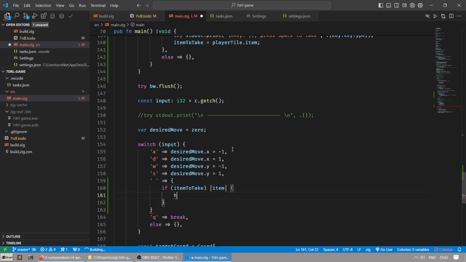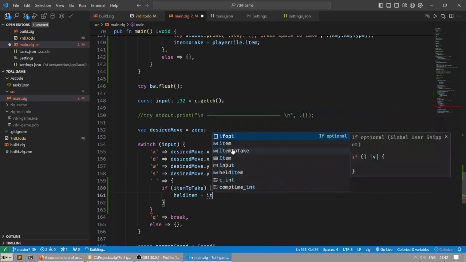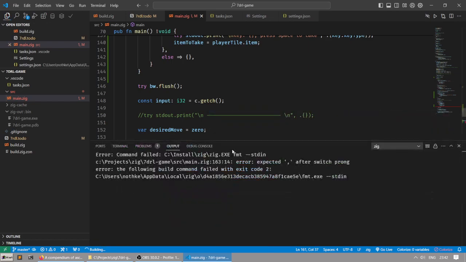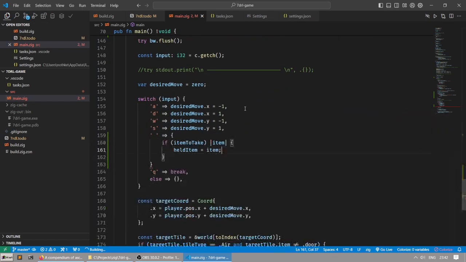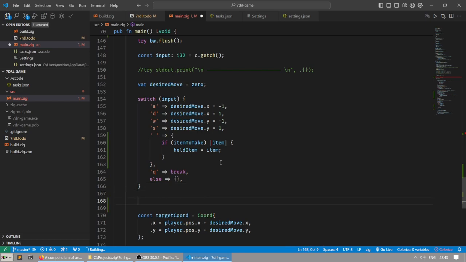Then held item is item. Okay, and then what we're gonna do here is that, oh yeah, of course, this is gonna be the next thing. And of course, if item to take is, if there is an item,